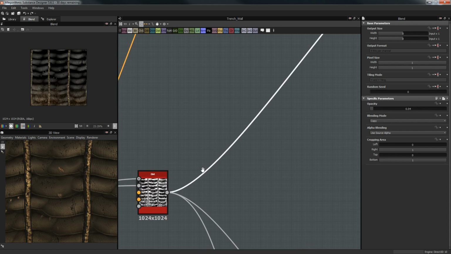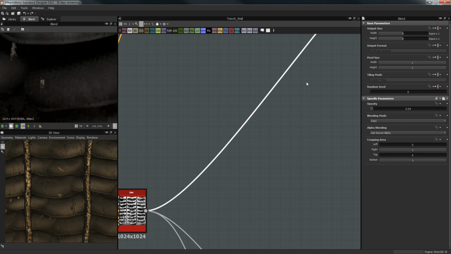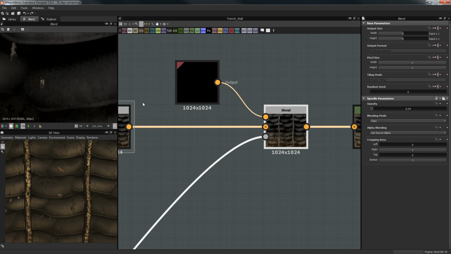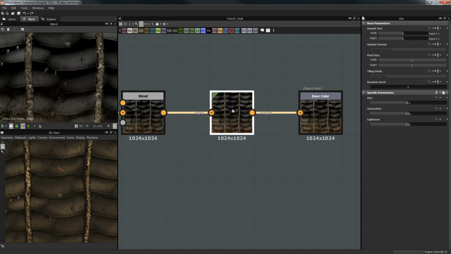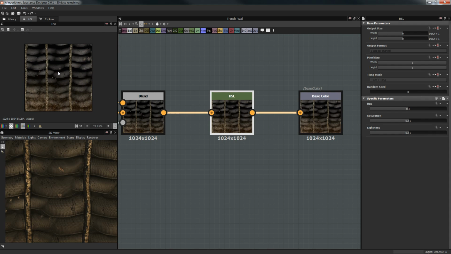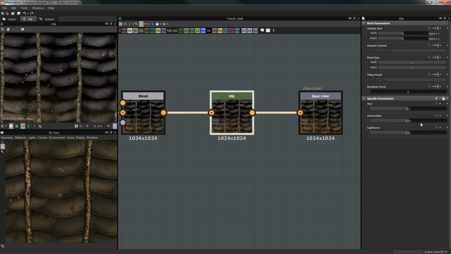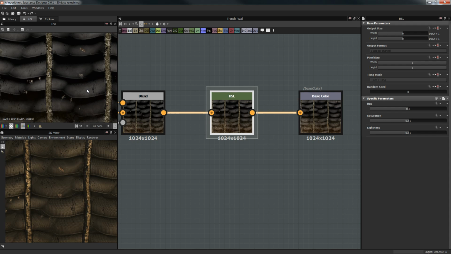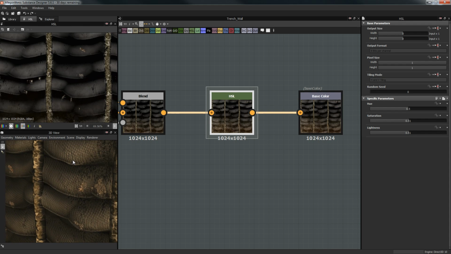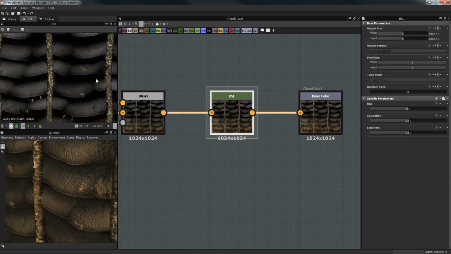This is the dirt. We're going to add a little bit more dirt, just a little bit, because you can see it's already too dark, which we do not want. And we're going to use a hue saturation lightness to raise it just a touch. Okay, so you can see that there's a lot of black spots,